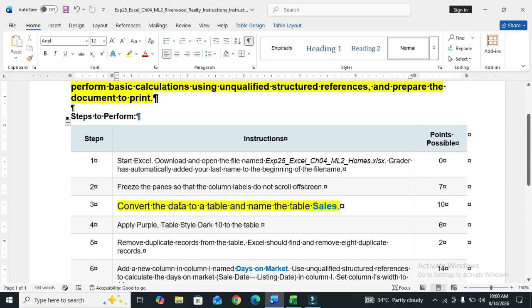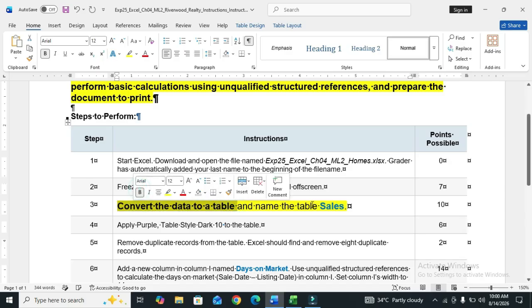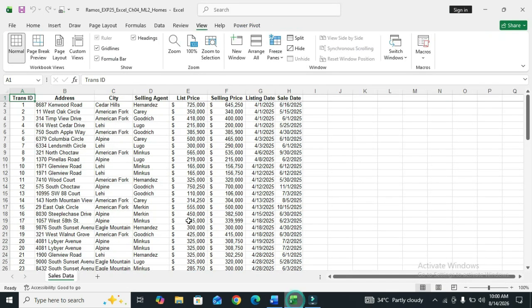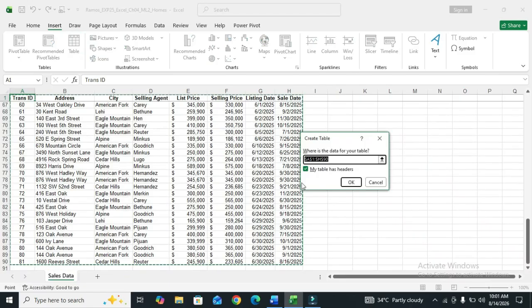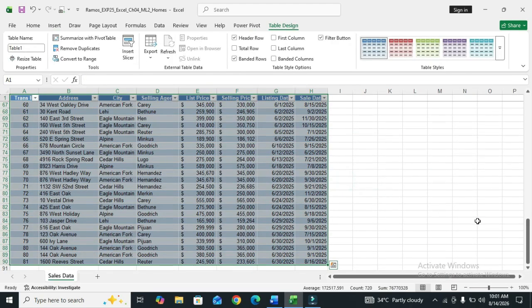Level 1 of this step is to convert the data to a table. So go to the Excel file, go to the Insert tab, click on Table, and click OK. So the table is created.